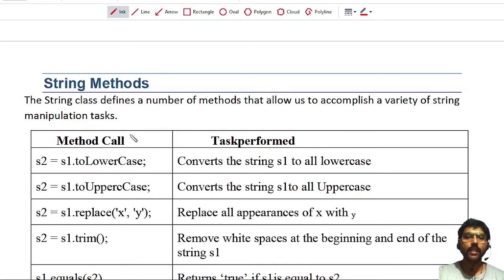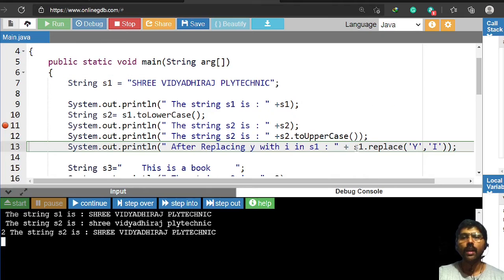The next method is called replace. This method replaces all the appearances of x with y. It will search for a particular character and replace all occurrences of that character with a new character. Here I will display the replace method.